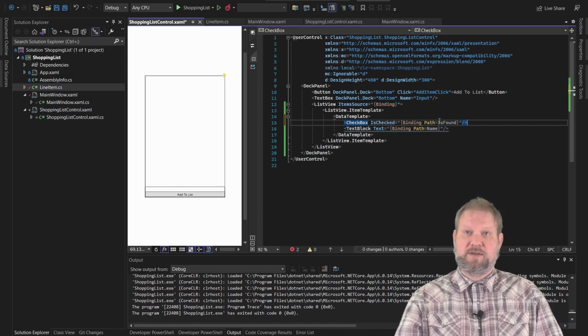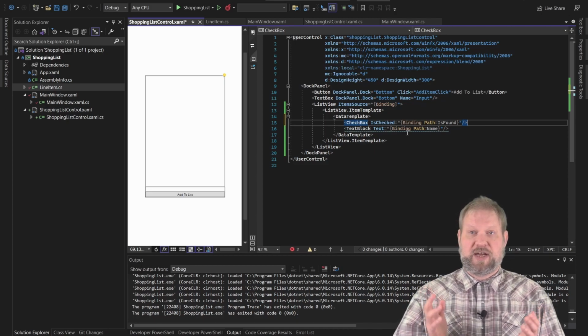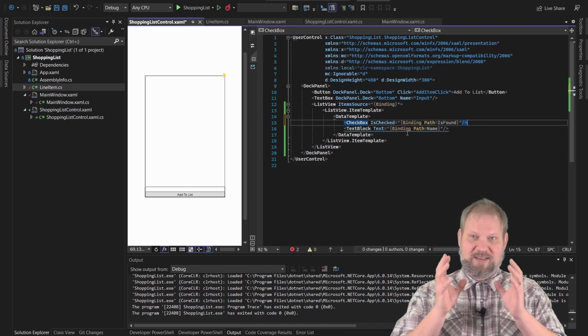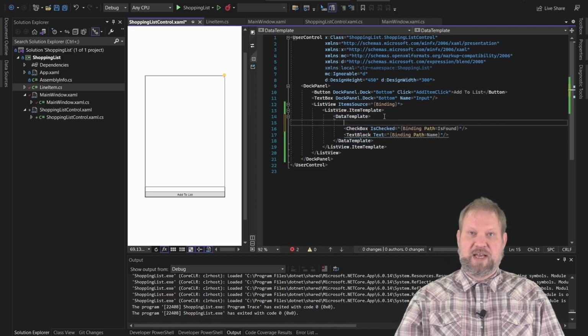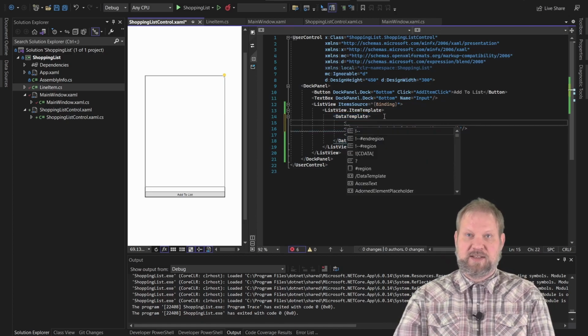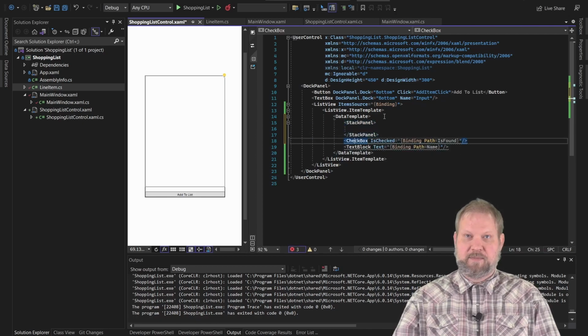Now, another thing you'll notice is as soon as we did this, it starts complaining. Basically what we've done is we have two children of the data template, and the data template can only have a single child. So this is not a layout element. This is a regular element, so it can only have a single child. So if we want to have two children inside of it, we need to nest them inside some form of layout. And one of the easy ones to do is the stack panel, which stacks elements one on top of another